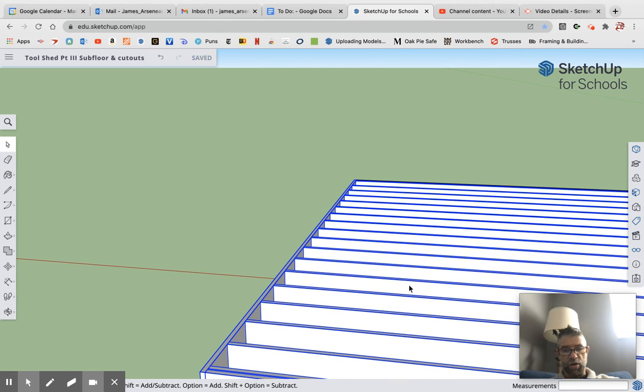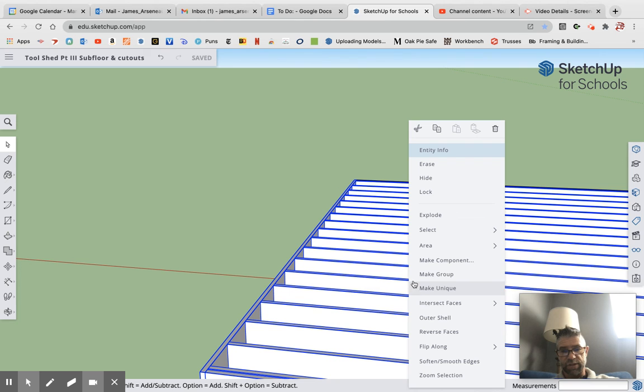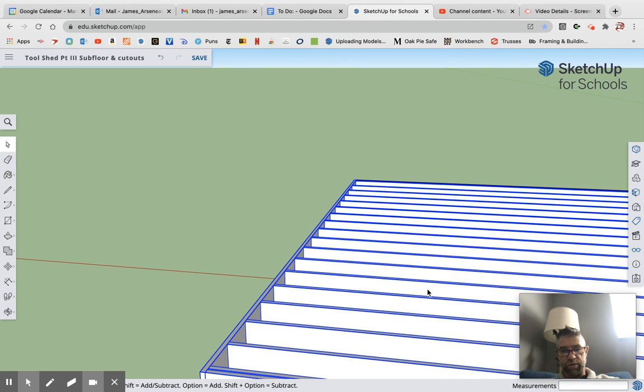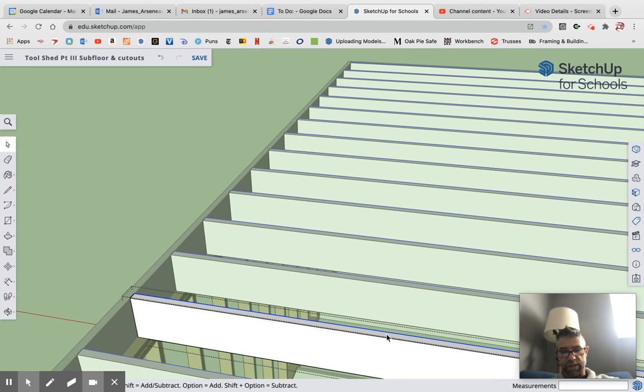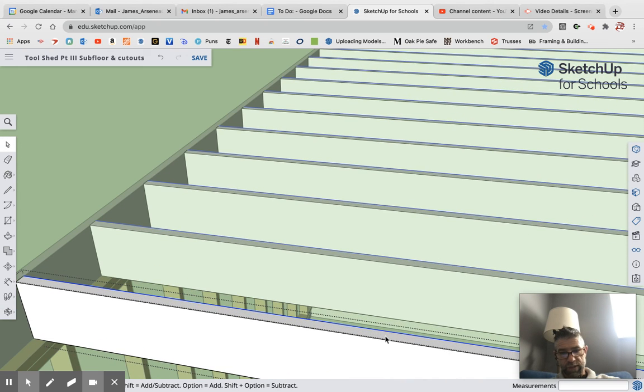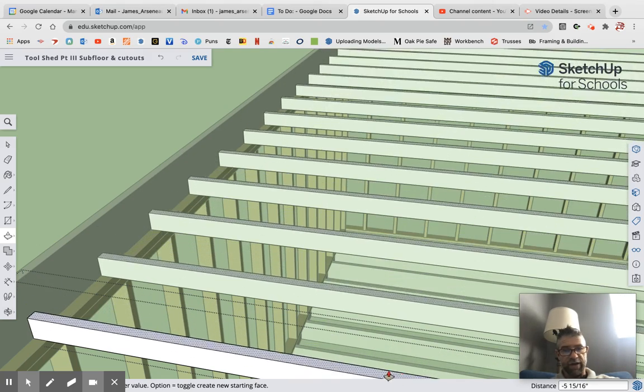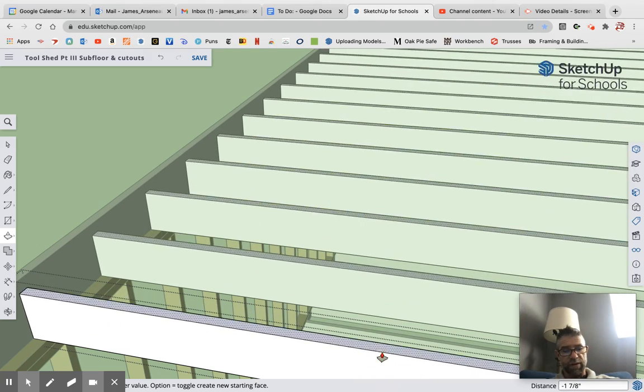Okay, so we grabbed all of those tall ceiling joists. We're going to make them all unique. And then we'll go into one of them. And this 2x10, we need to be a 2x4. And oh, look at that. Oh, the ends don't work because those were unique already down below. But at least